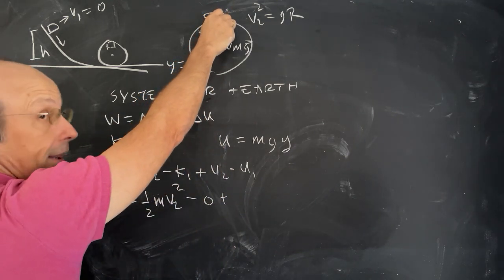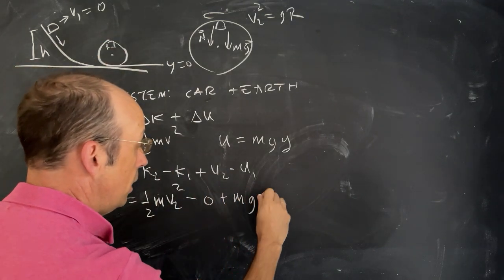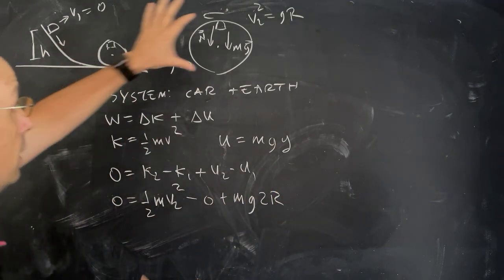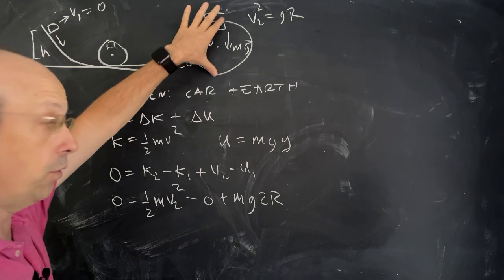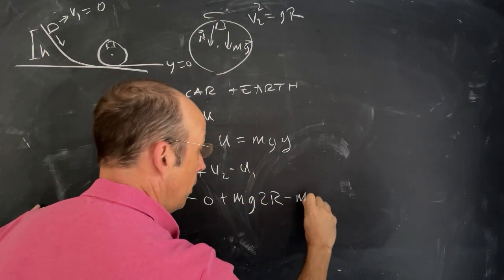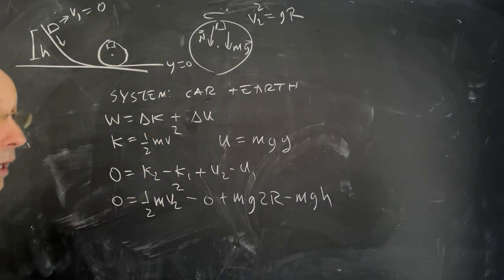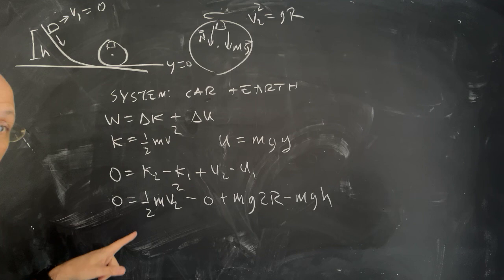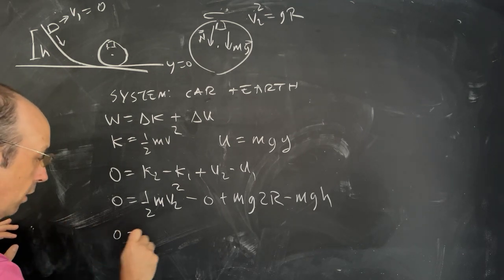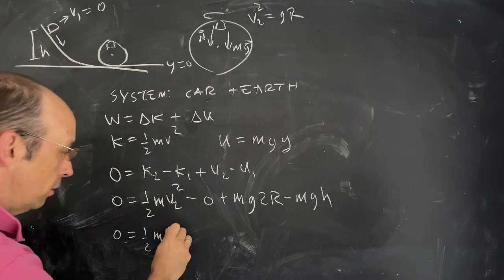at point 2 right there is going to be its height, which is mg2r, right? Because if that's a radius r, that's 2r. And then I have minus the initial potential energy, mgh. I want to solve for h. Okay, so let's put in, am I running out of room? I can do it. 0 is 1/2 m, v squared is gr,